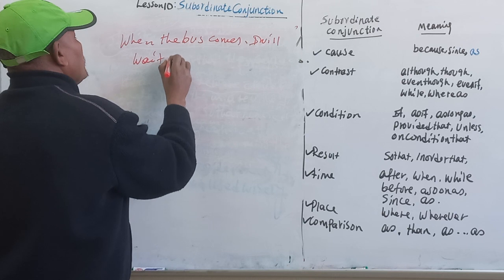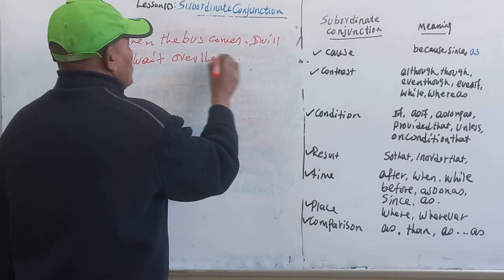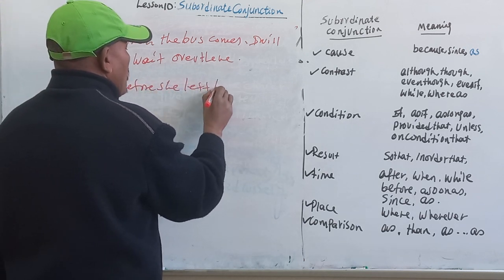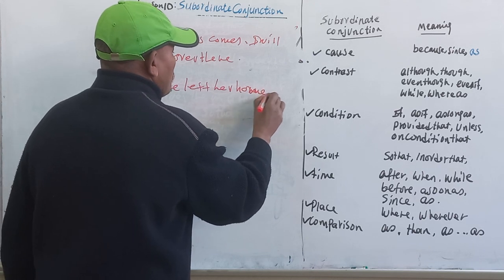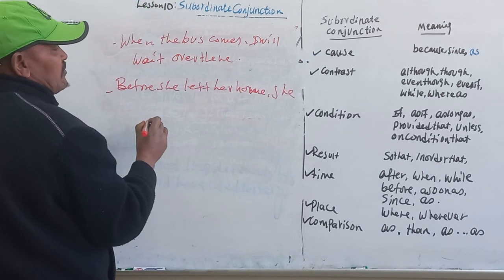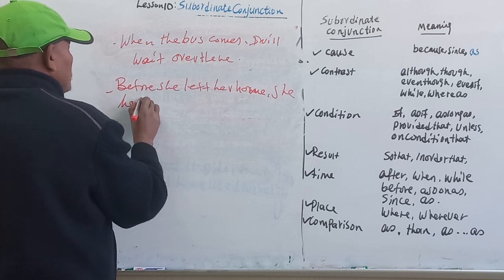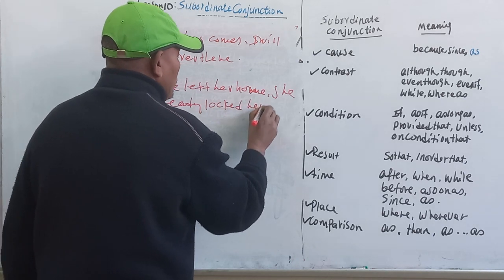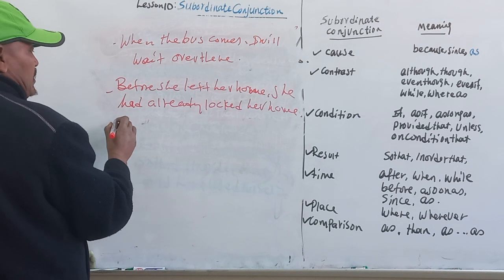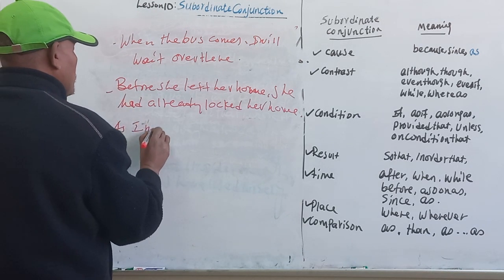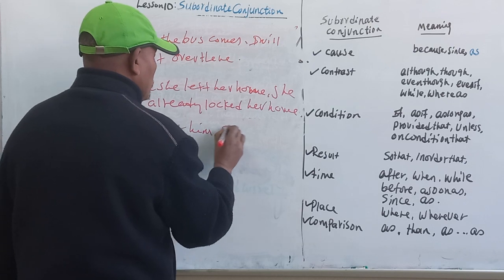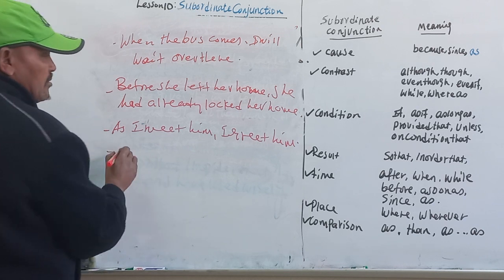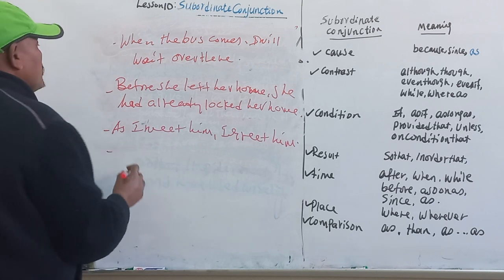Before she left her home, she had already locked her home. Another example: as I meet him, I greet him. There are some more examples here. Look here: when the bus comes